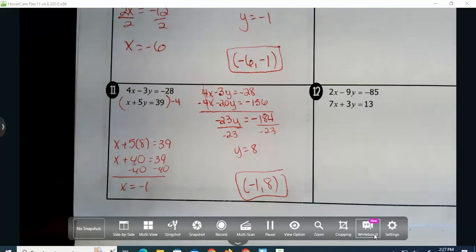Any questions on our strategies? Okay, do not lose this. We are going to keep adding to them. There's a chance we may even do more before the end of the hour. We'll see how things